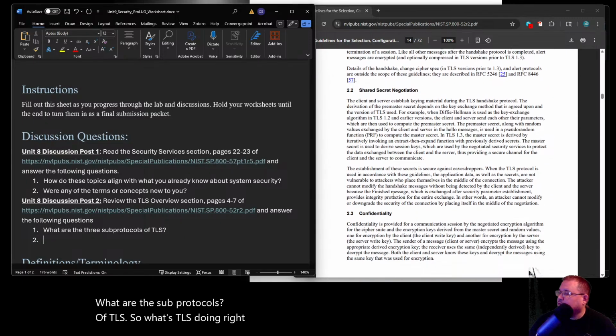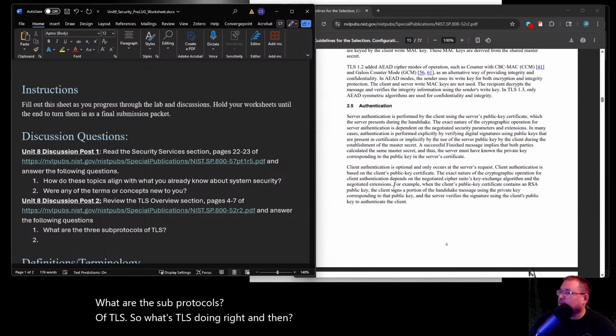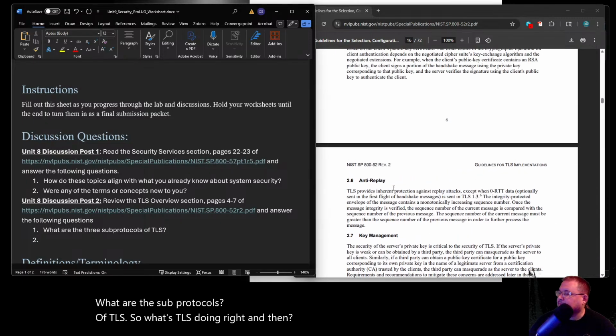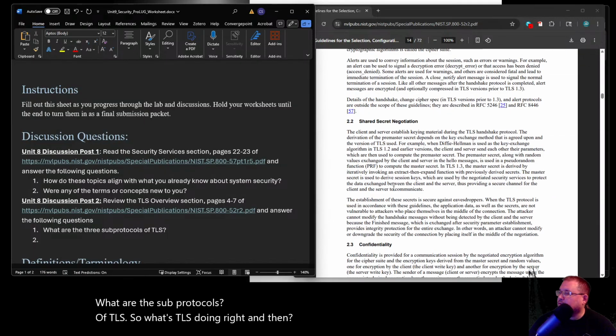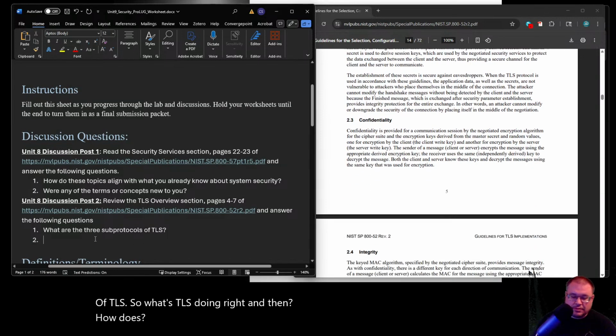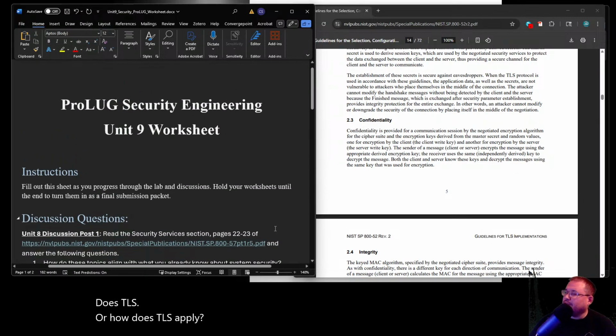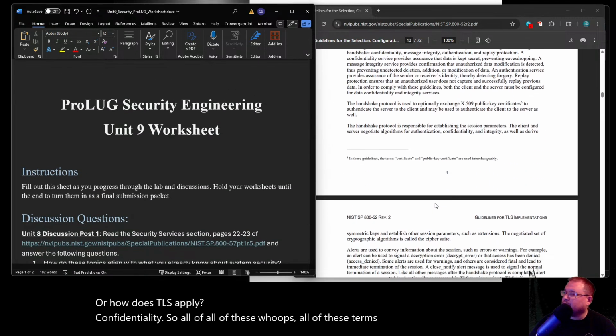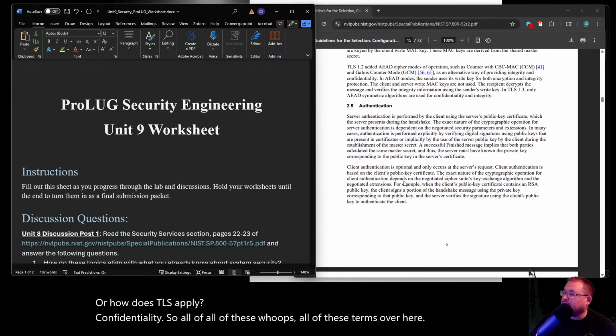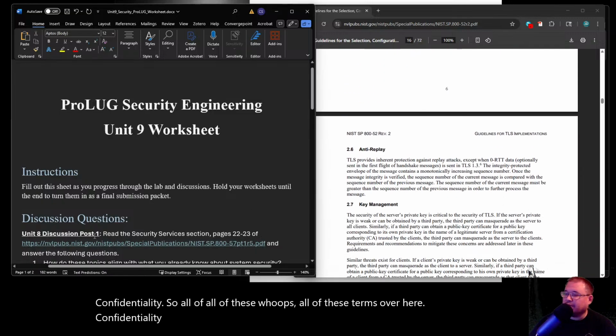And then how does TLS apply confidentiality? So all of these terms over here: confidentiality, integrity, authentication, and anti-replay.